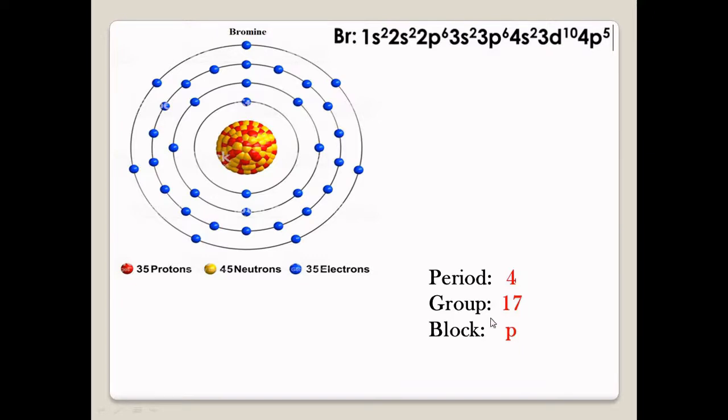Okay, are you getting this? The 3d10 is in the electronic configuration, but we have to add 4s2 and 4p5, that is 2 plus 5 plus 10 electrons, so we get group 17.